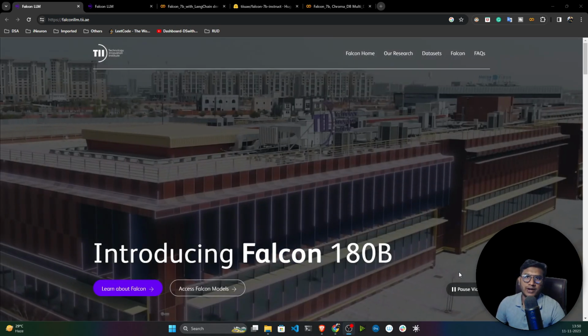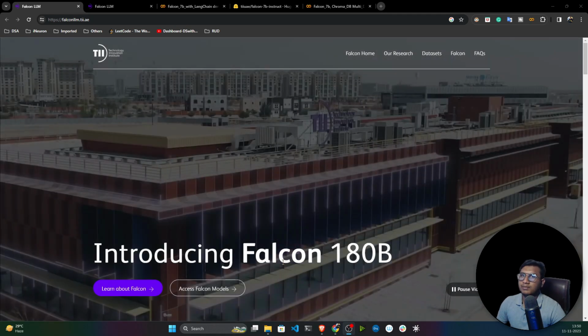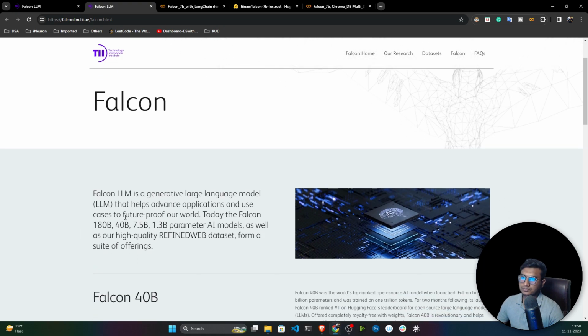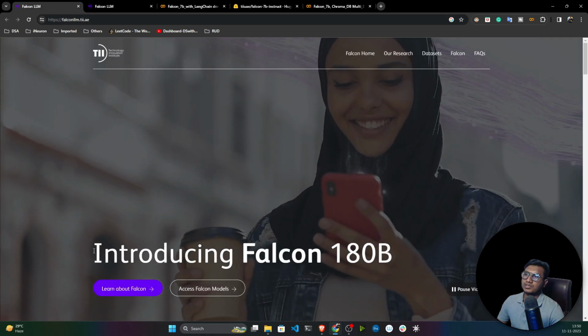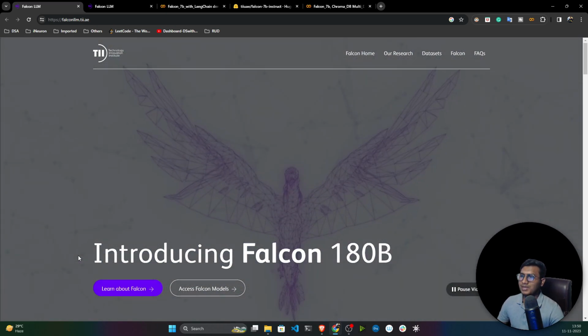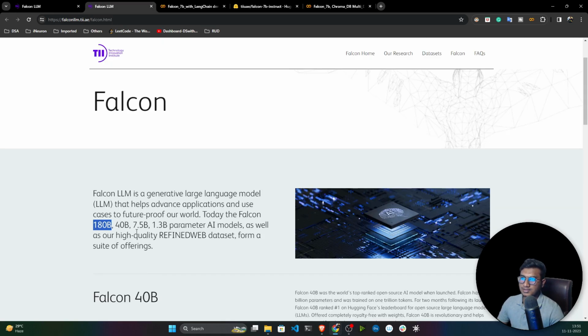Falcon has lots of variants. Recently Falcon has published this 180 billion parameter model, but it has some other variants as well. Here if you see, Falcon has 1.3 billion, 7.5 billion, 40 billion, and this is the recent one, which is nothing but 180 billion parameters. I can't load this 180 billion parameter model with Google Colab. If you have a good instance, you can load it, the process would be the same, but I will take the 7 billion model,